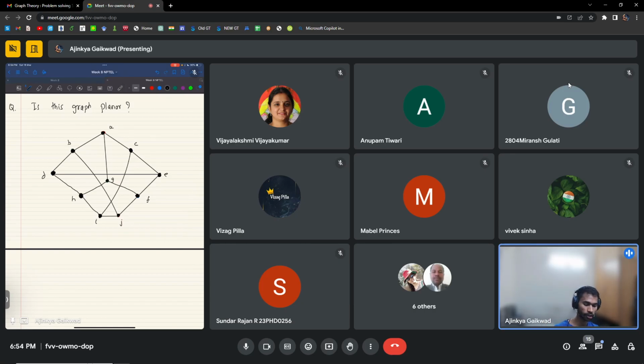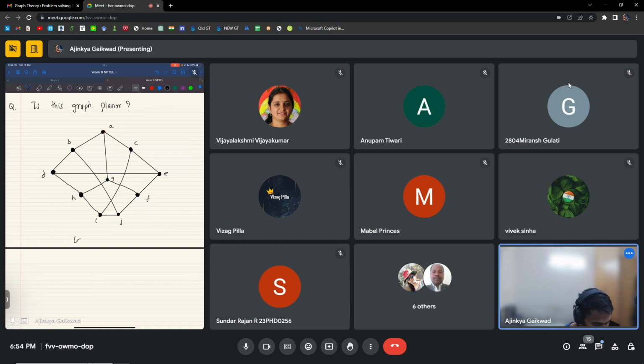Instead of giving the theorem, let me give you a working definition. Let's take a graph G. A graph G is planar if and only if, using these three operations: